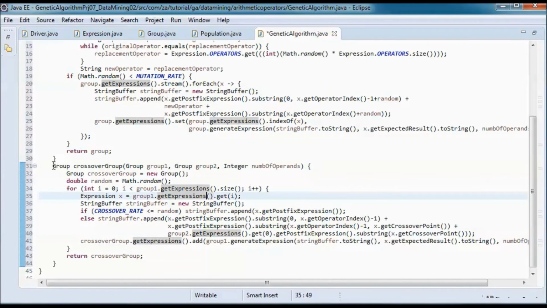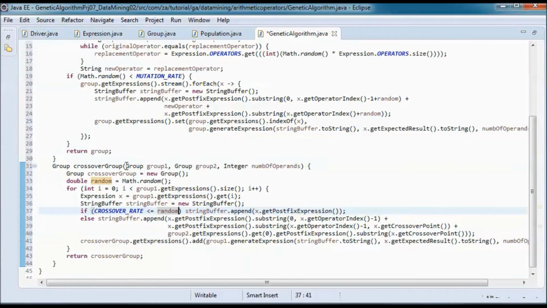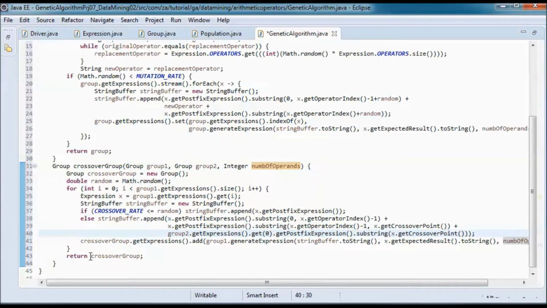So this one performs crossover on a group. So we're passing group 1 and group 2, and for convenience the number of operands, and it performs crossover on those two groups and returns a crossover group.